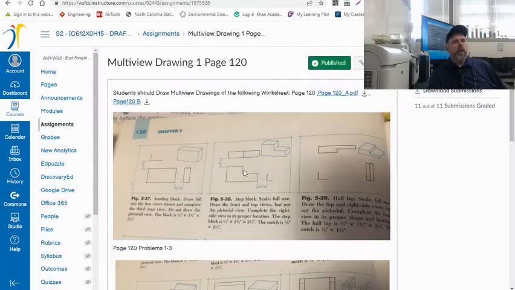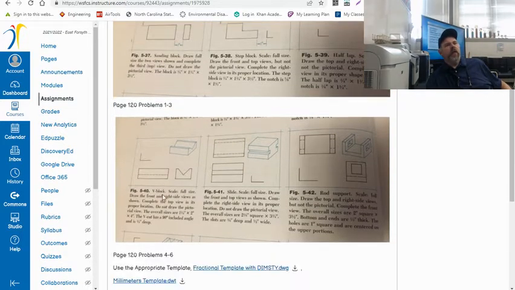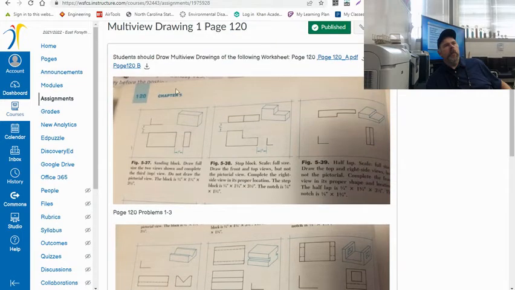All right, welcome back to Technology Engineering Design. This is a drafting unit, AutoCAD unit. We're working on multi-view drawing 1, page 120. We're going on figure 5-40, the B block. If you download this object right here, which is page 120, 120B,